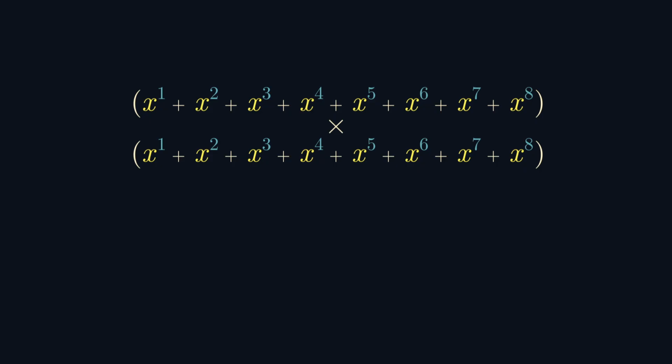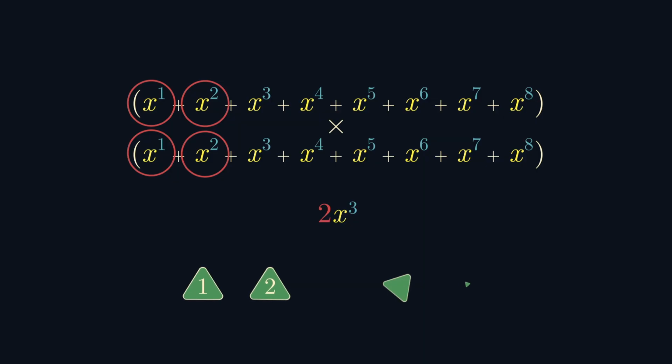There are two ways: x in the first polynomial times x squared in the second one, or x in the second polynomial times x squared in the first one. So when we accumulate all the terms at the end, the coefficient on x cubed will be 2. This is directly analogous to the reasoning that there are two ways to roll a 3, 1 and 2, and